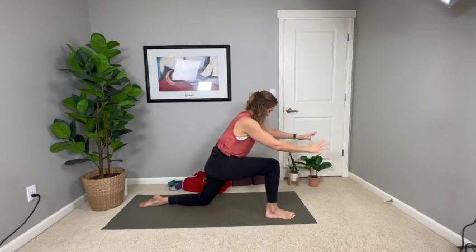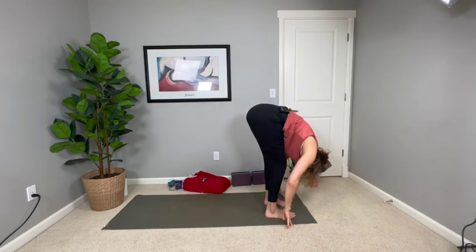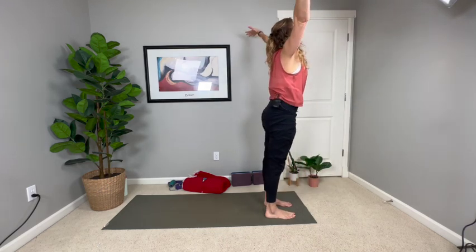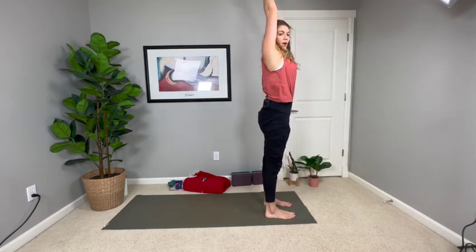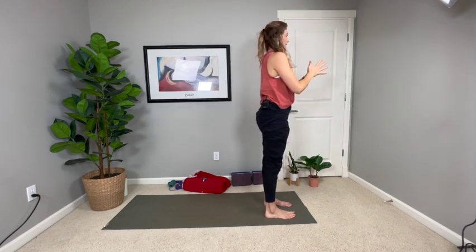Take one more breath here. And then Uttanasana, forward fold. Bring yourself out of the twist, step forward, let the head hang. Inhale, coming up to standing, growing tall here, drawing the abdomen in toward the spine, and then hands to the